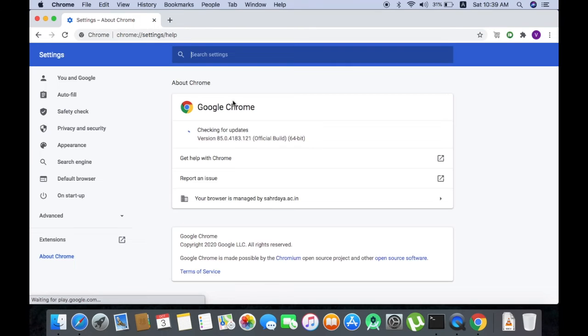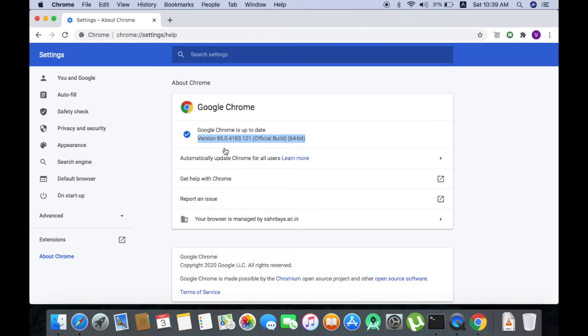I will open Google Chrome's About window, and here you can see the version of Google Chrome is 85.0.4183 something. This is very important. You have to see the version number first, let it be Google Chrome or Internet Explorer or Safari or Opera or anything like that, whatever it may be. You have to see the version number of the browser first.